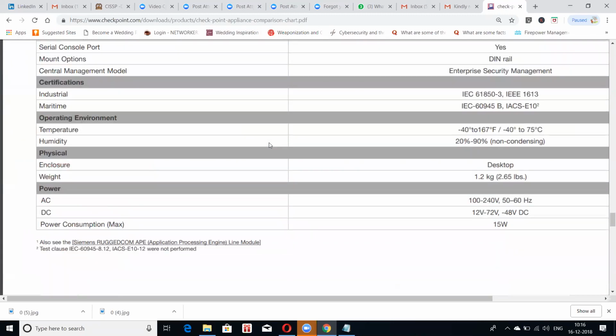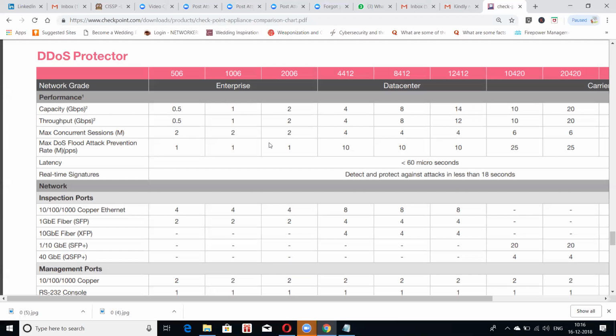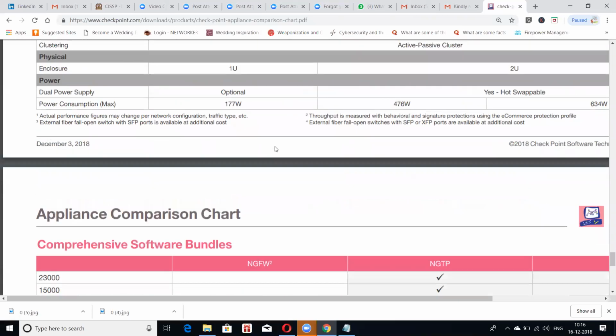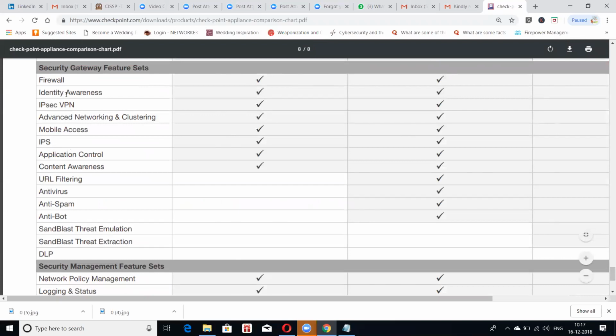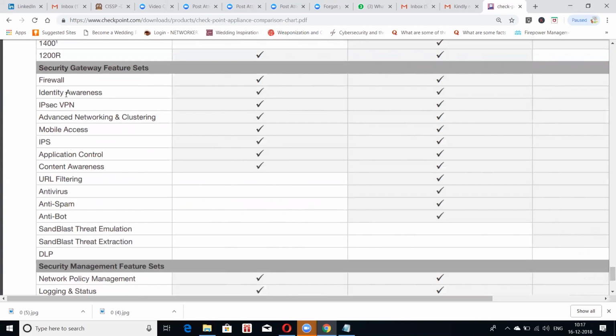For the features, you have to buy licenses. So if you want a firewall license, you buy a firewall license. If you want IPS threat prevention, all of these are basically license based. You have to purchase a license separately for anything that you want in a Checkpoint solution. Other than the physical appliance, you have to buy licenses separately because these are software licenses,